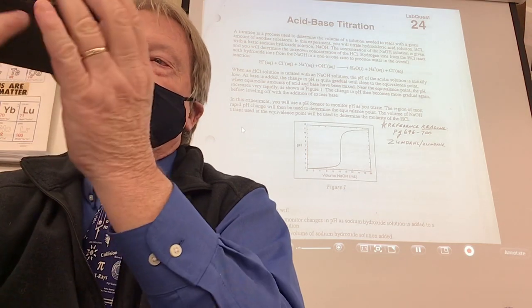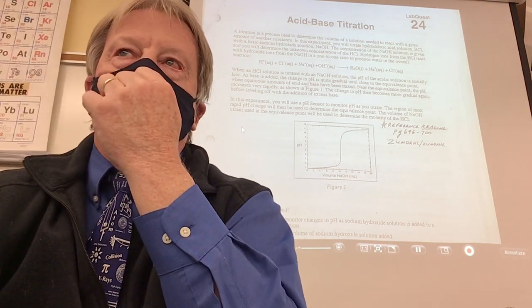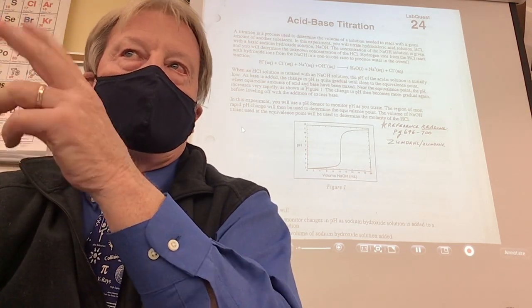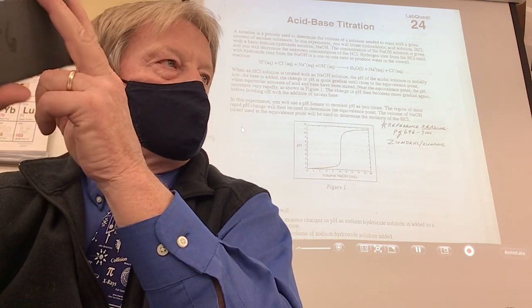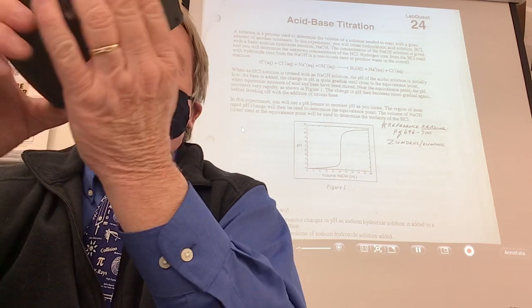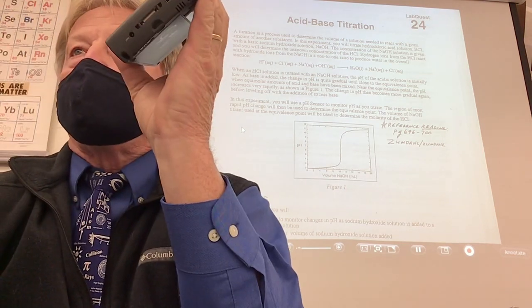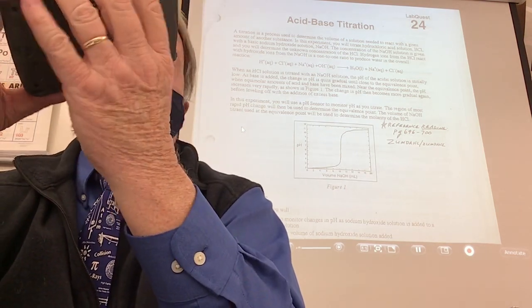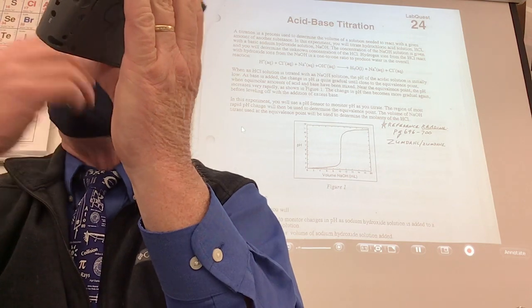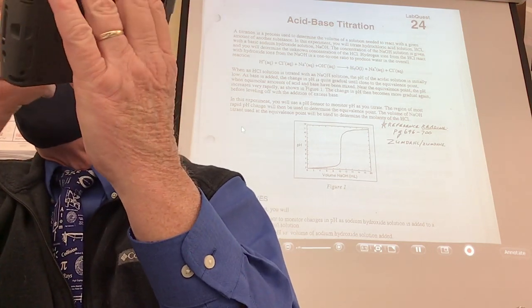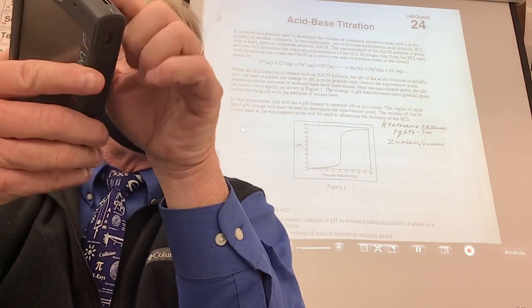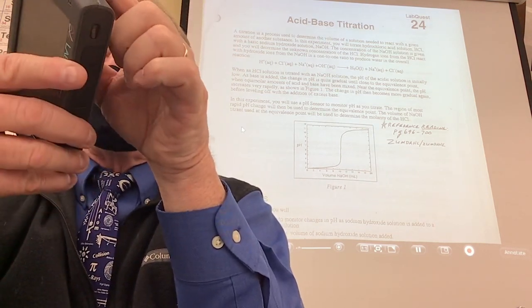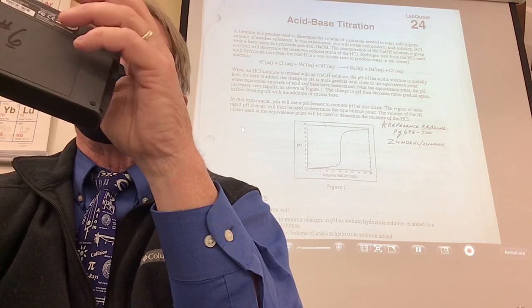Now LabQuest, I think we had some of that in physics. Did you do a little bit of that in physics? I don't think COVID had hit. Did we do some LabQuest? Okay. Yeah. So anyway, it is like a little computer. As a matter of fact, it has about, I don't know, 50 labs I could actually do with it. And it also has these little ports here. These are analog ports, and we have some digital ports here.